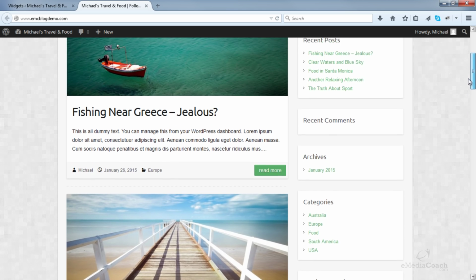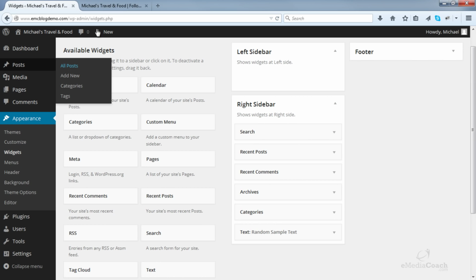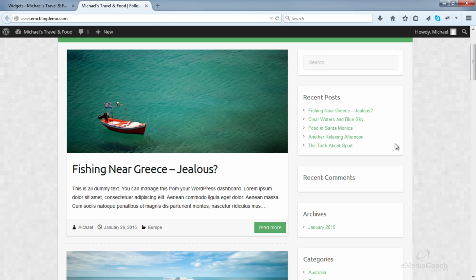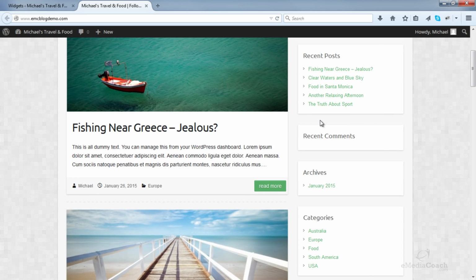You'll see we've got recent posts that will automatically pop up every time you make a post. It'll show your most recent ones, and you can configure that. You can put show me the 5 latest posts or the 10. So then when frequent visitors of your blog come to your homepage, they can see the latest posts that you have made. You can delete any one of these that you don't want.